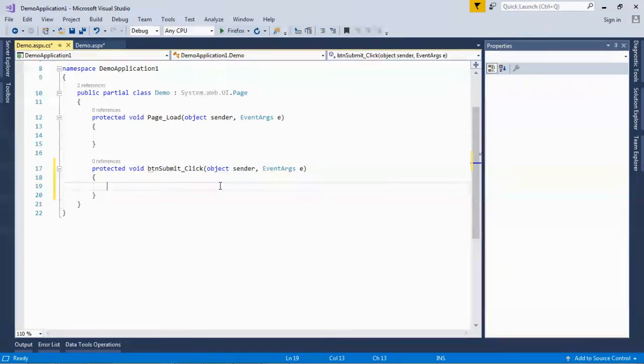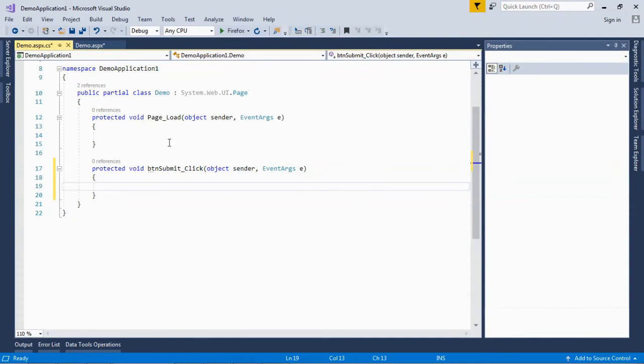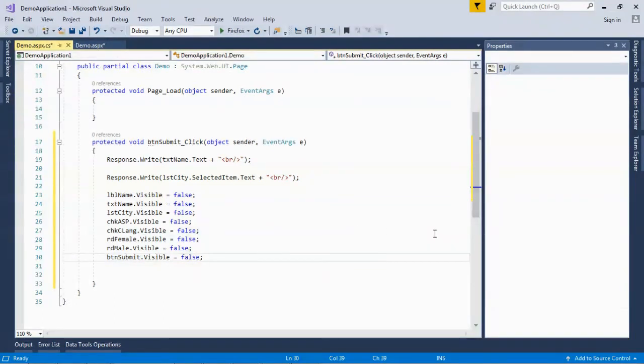This is the CS file, which is known as the code behind file. This is the demo.aspx file, which is the interface on which we are working right now, and this is the demo.aspx.cs file. This is called the code behind file, on which we can add code for that control. We just need to add some code on that click event to display the functionality. I have some code written here. Copy. Let me explain that code.